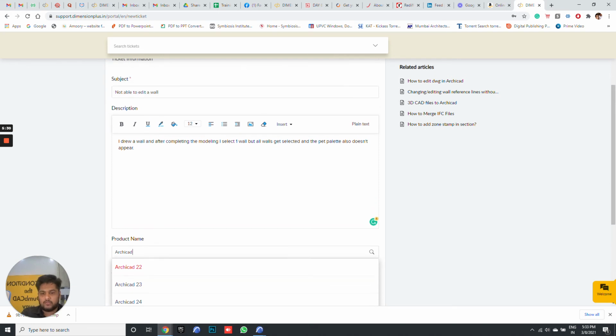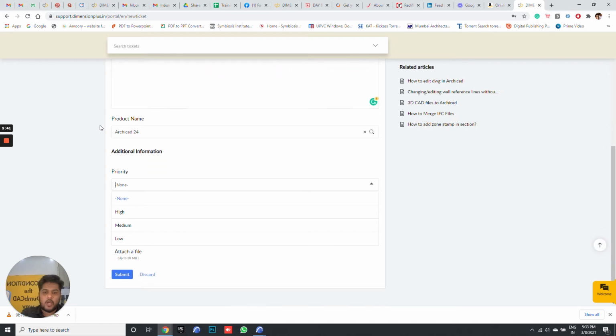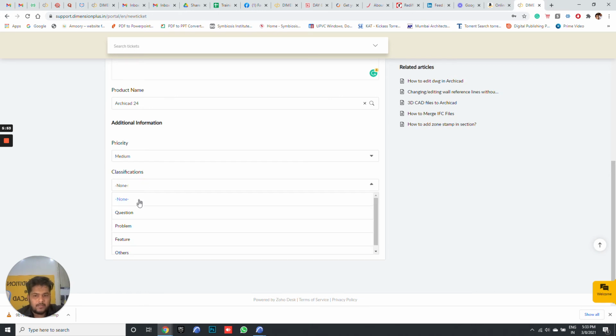because we are supporting 3 versions. We even support older versions, but for that you need to write ArchiCAD 22. So let's say it's a 24 version, and then you have to set your priority, because we have set this system in such a way that if you have a high priority, your ticket will be shown to us on a higher side. So let's say it's a medium priority, and then in classification you have to fill in